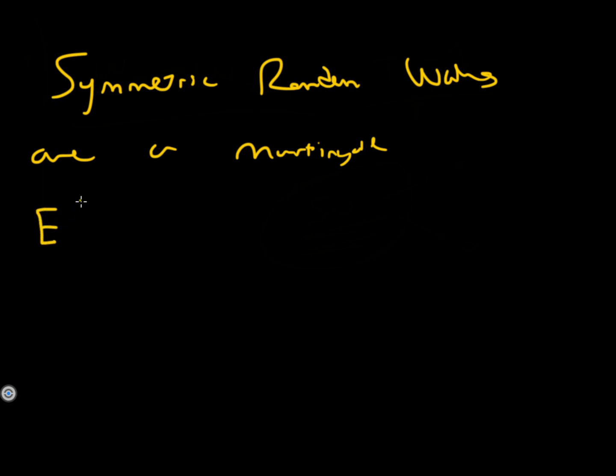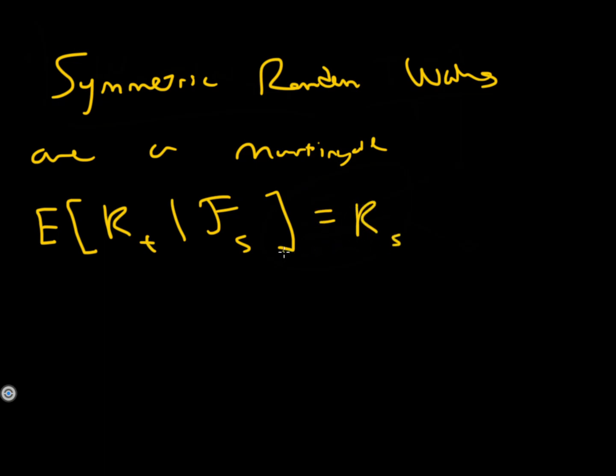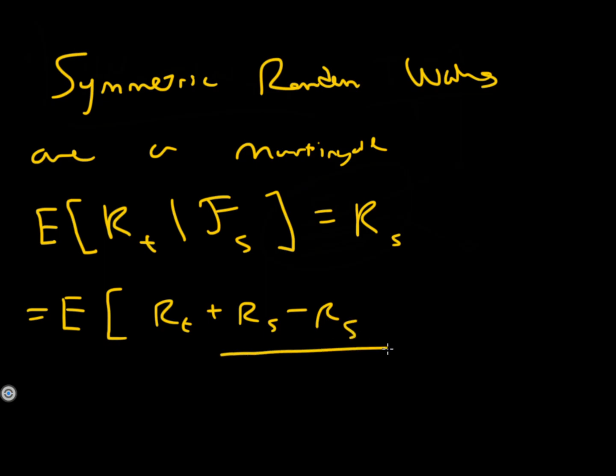Let's say that the expectation of a random walk R at a given time t, conditioned to a given time s. Now this normally has to be equal to R of s if it's a martingale, right? So how do we show that it's equal to R of s? First of all, we say R_t plus R_s minus R_s. This little trick here we use a lot in stochastic calculus. So we then group these two together as the increment, and then we take this out by the property of